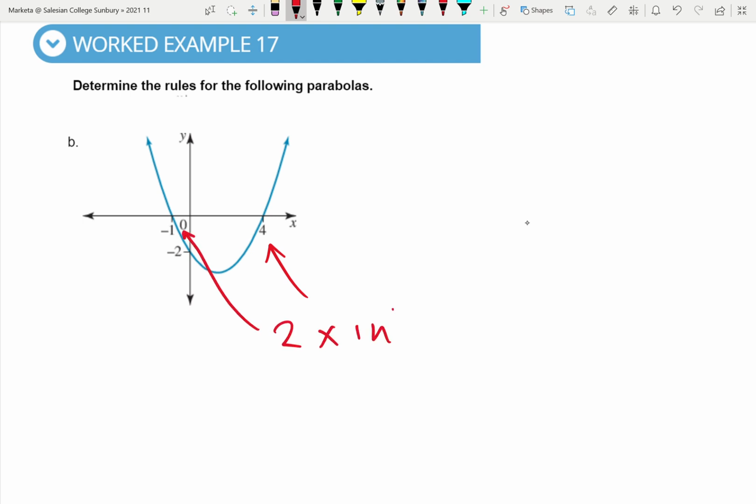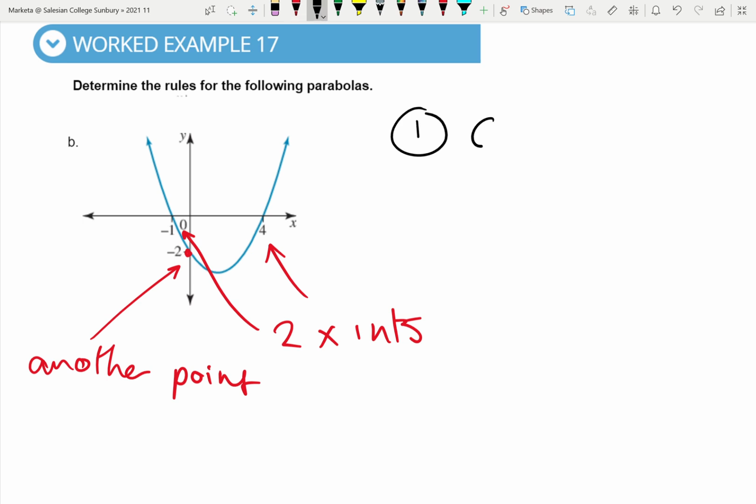Two x-intercepts, and we've got another random point. And the random point given here is a y-intercept. And it just so happens it's a y-intercept again. It certainly doesn't have to be a y-intercept. So step 1, where we choose the form,